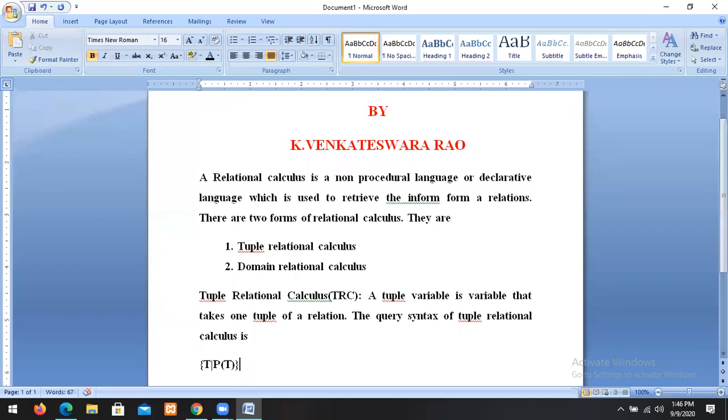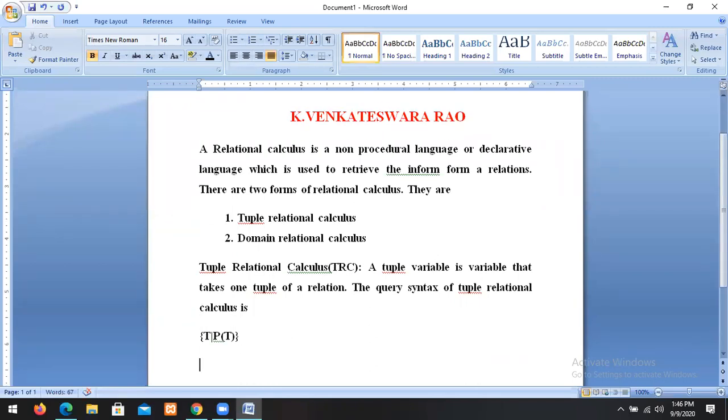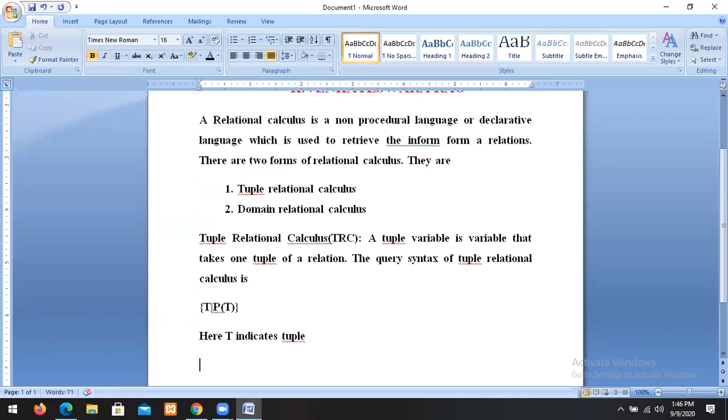Here T indicates the tuple, and P of T is the predicate of the query.